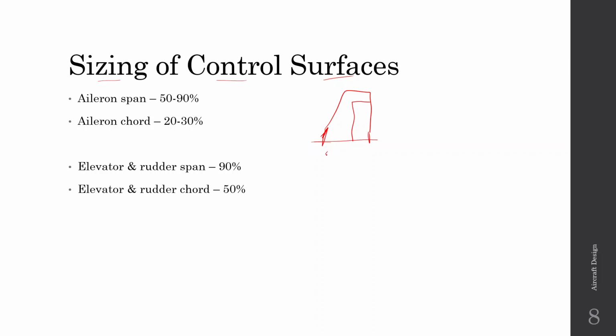So if this is the vertical tail chord and this is the rudder's chord, then the rudder chord is about 50%. And coming to the span, the span is about 90%,